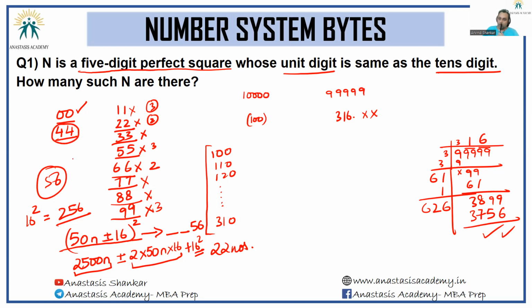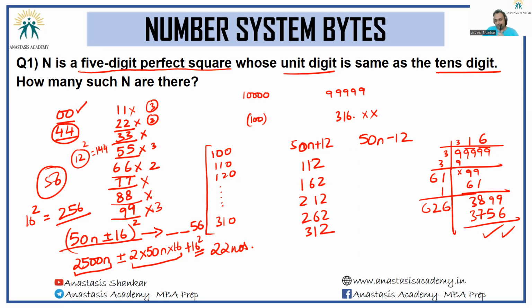Executing the same insight on 4, 4. Do we know of any perfect square that ends in 4, 4? Of course, we know 12 square is 144. So the other list of numbers that I have to check here are 50n plus 12 and 50n minus 12. 50n plus 12 numbers within this range, 100 to 316, will be 112, 162, 212, 262, and 312. And 50n minus 12 would be 138, 188,